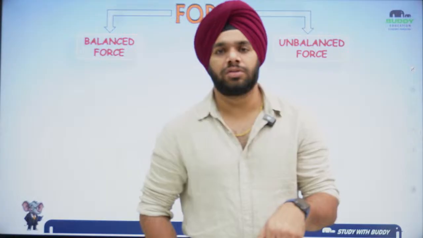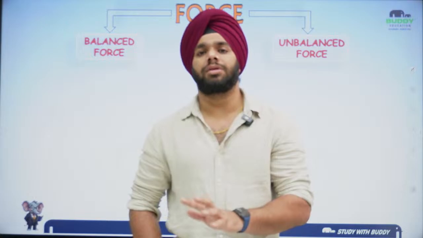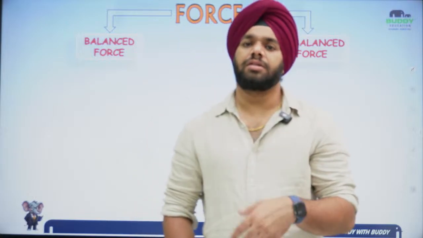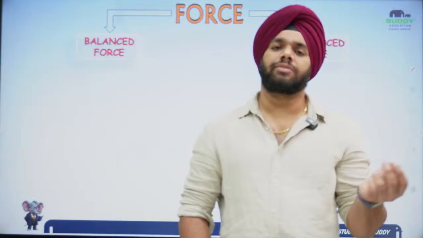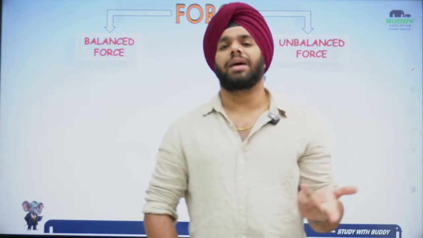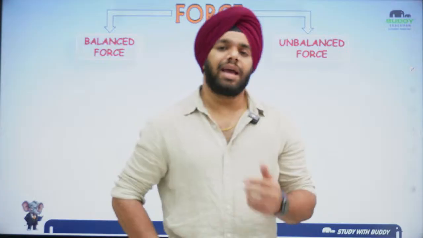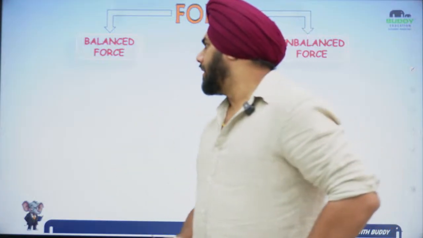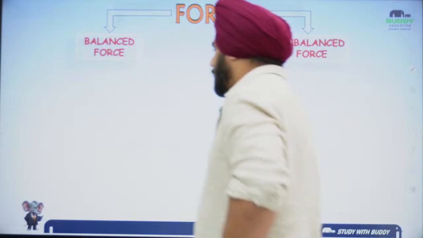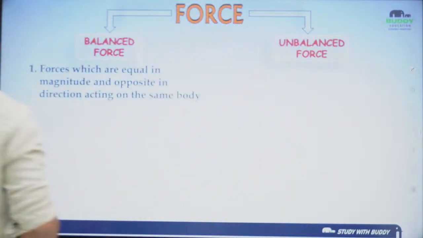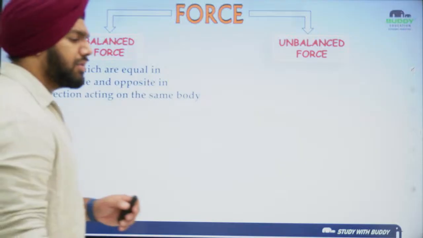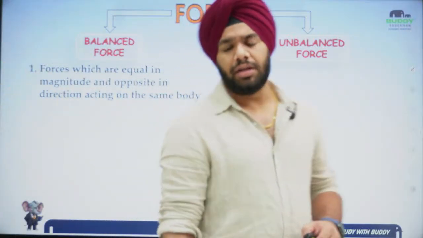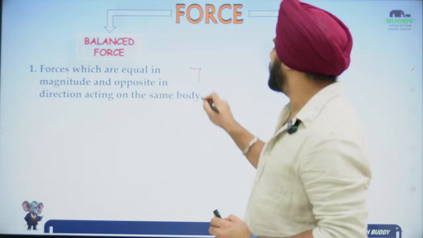What about unbalanced force? Unbalanced force is basically when the net force on the body is not equal to 0. Then obviously we can see, we can visualize the change, right? And once we visualize the change, that is because of some force, therefore we call it unbalanced force. So it can happen due to n number of forces acting on the object. I'll show it to you. So forces which are equal in magnitude and opposite in direction. This is not the complete definition, but for junior classes you can obviously write that.